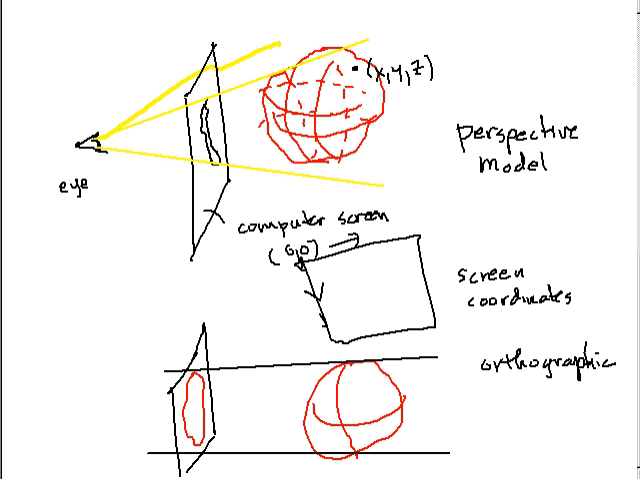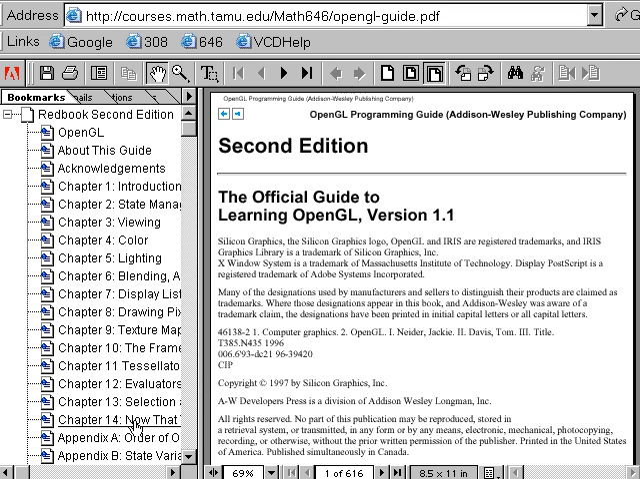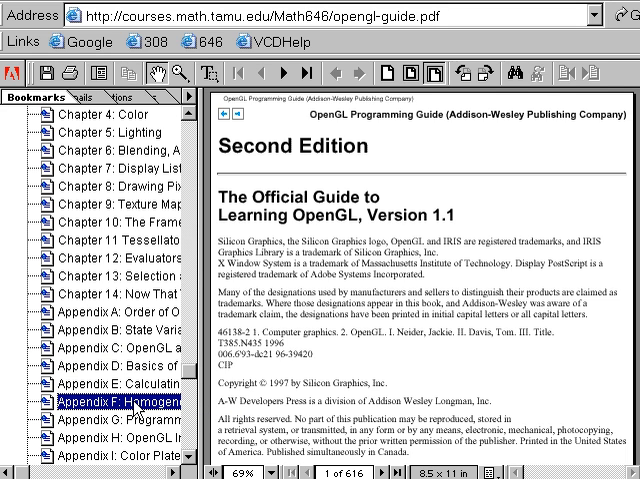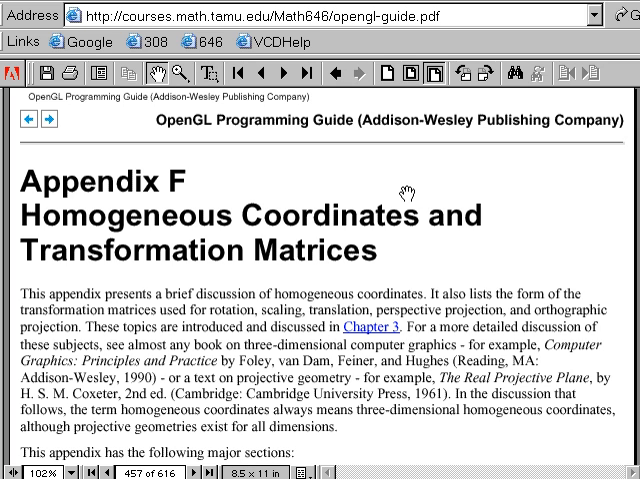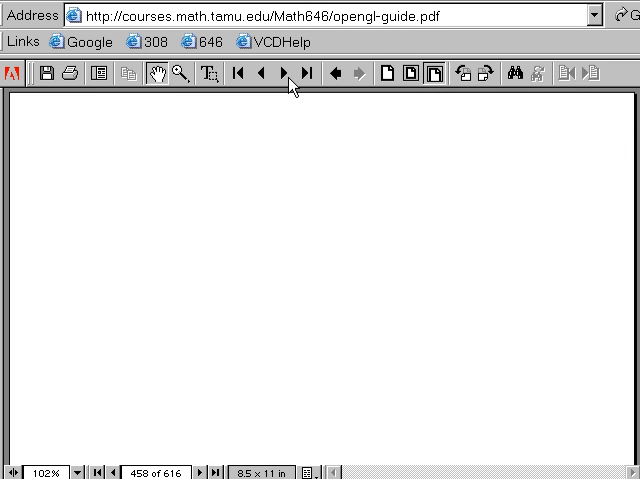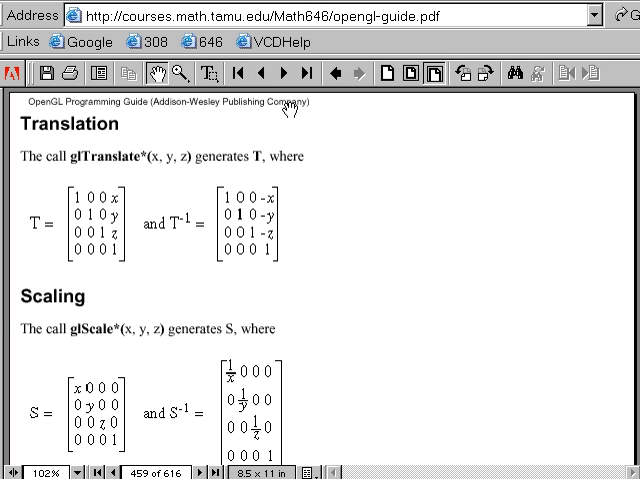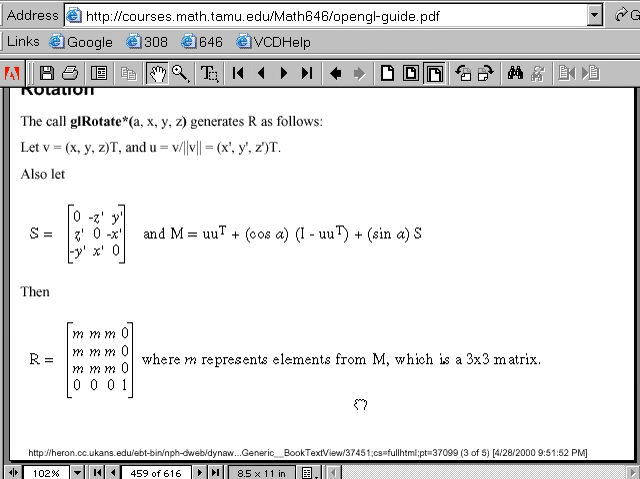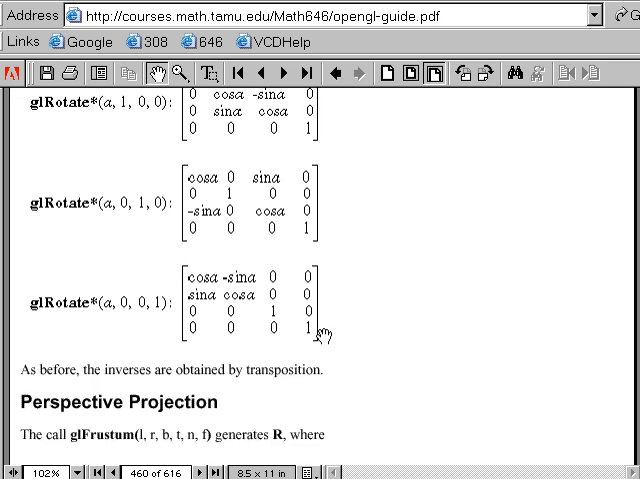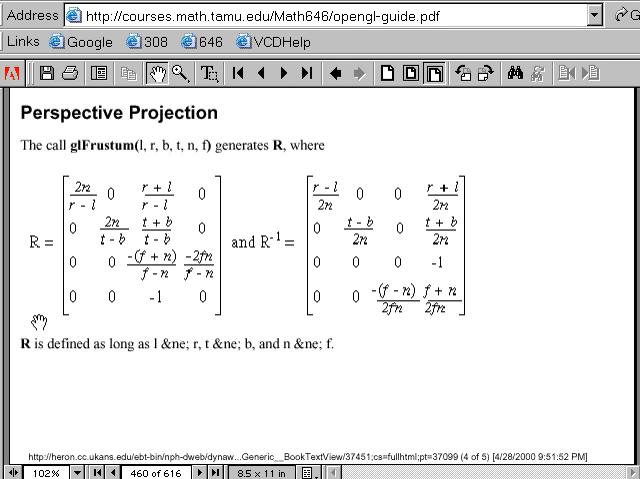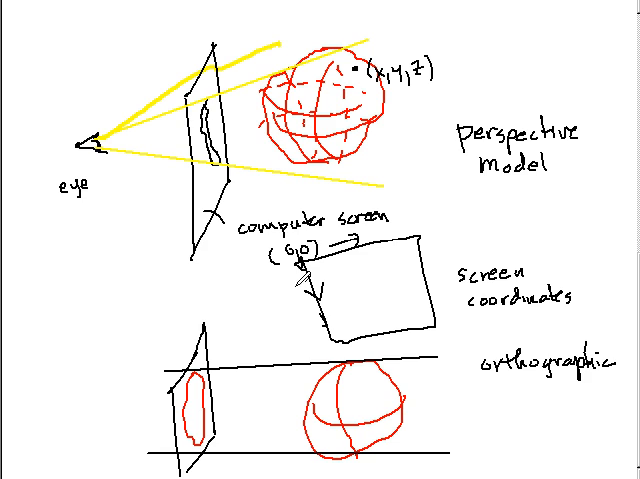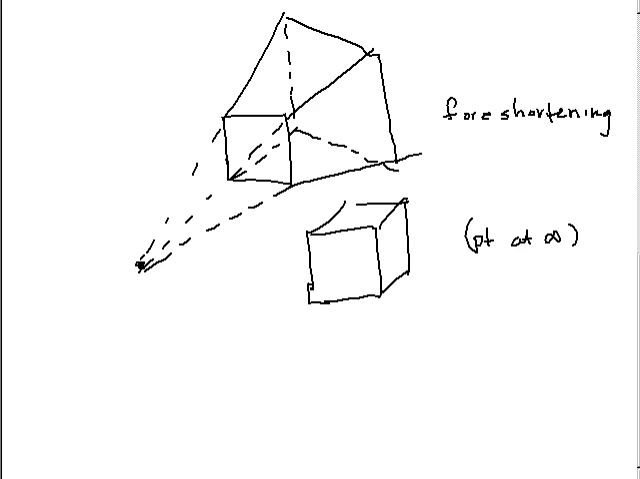Now, all of these come from matrices that we are, so there's appendix F, right? Okay, oh good. One more. Yeah, so rotations, perspective, yeah. So one of the things that basically, and this is computer graphics, if you will, 101, the essence of computer graphics